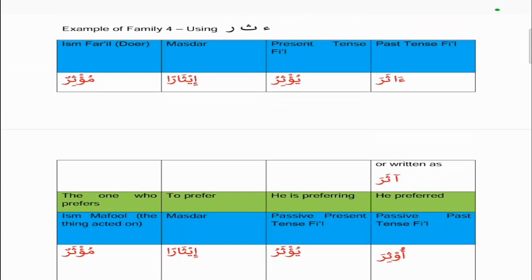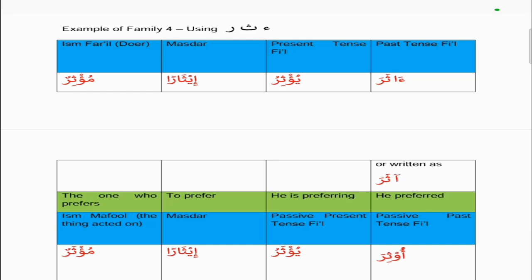So if we look at an example of family 4 using 3 root letters of an actual word, hamza, tha, and ra, which means to prefer. So the past tense will be athara, meaning he preferred. The present tense will be yuthiru, he is preferring. The masdar is itharan, so you remember the hamza is replaced with the ya, so itharan, to prefer or preferring. And the ism fa'il, the doer, the one who prefers, is muthirun,